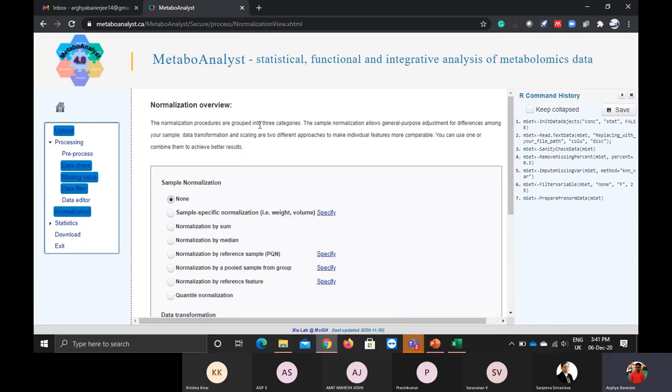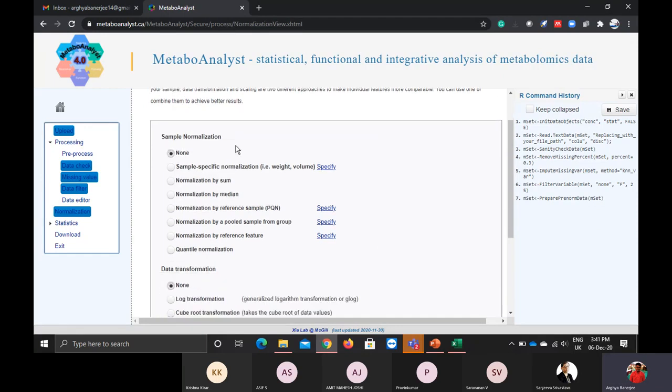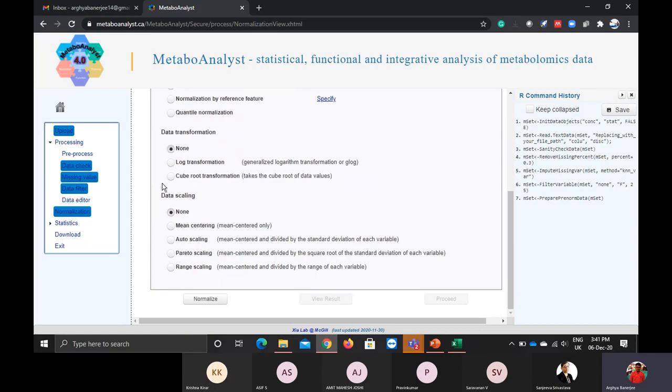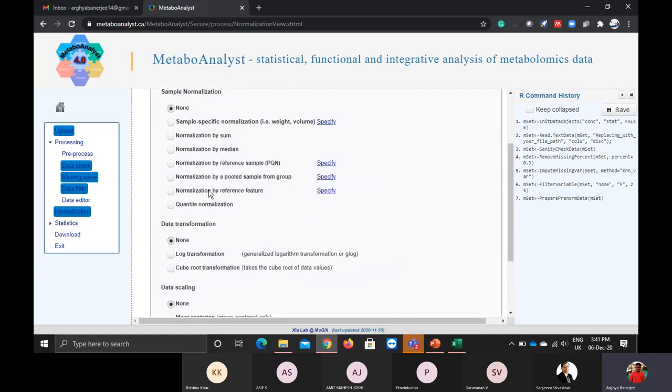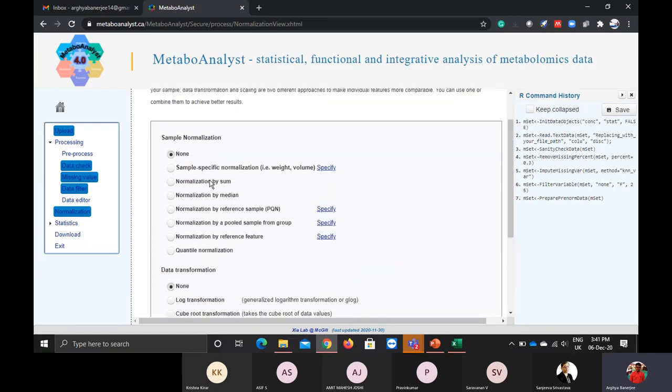Yeah, so now these are the normalization options I have talked about. You will have sample normalization, data transformation, or data scaling. Generally, I told you median normalization is one of the best, but if you have any internal standard, like in an NMR experiment, you can use that.